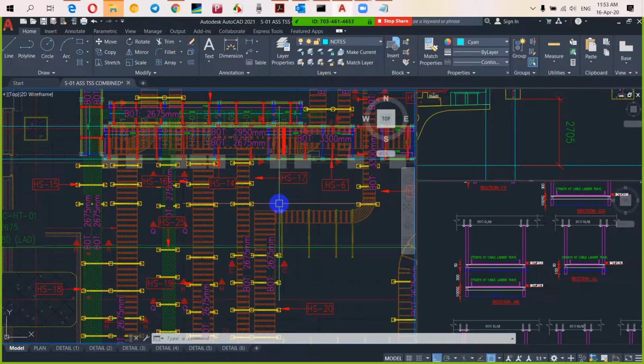What they are saying is that above the 1.5 kV DC switchgear, the tray will be lying straight at the height of whatever suggestions they made. The branching tray will also come to that area at 2675 only, and there will be no link between the two trays, one will be above and one below. There will be no physical connection. So while diverting the cable towards HS17, there will be no tray from one level to the other. For jumping, there is no tray physically.